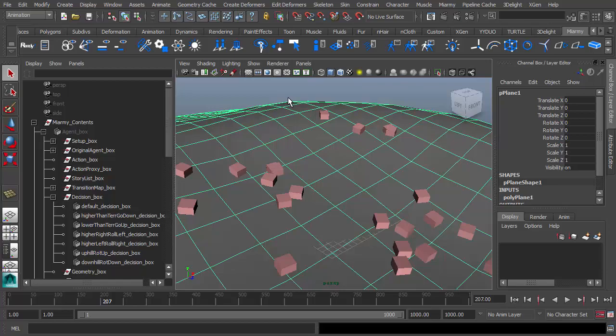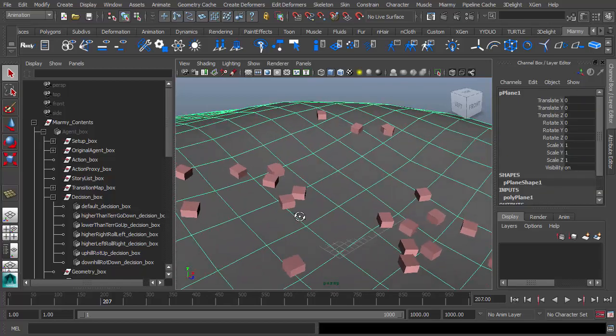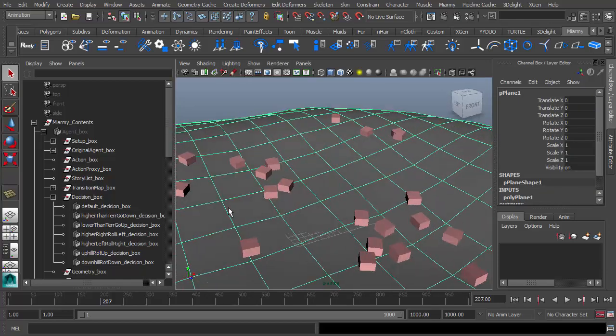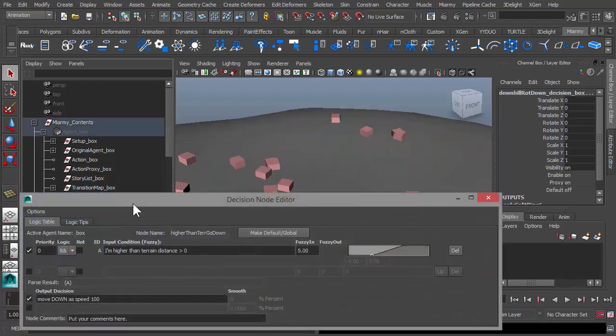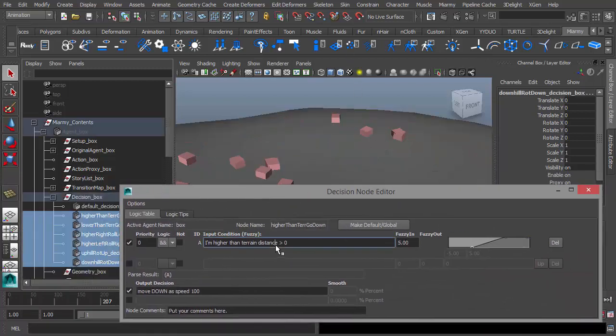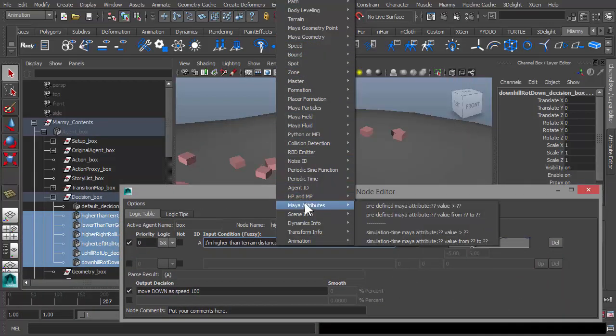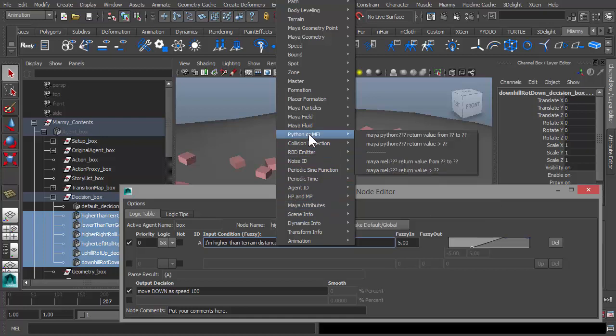So with this type of fuzzy logic setup, you can do anything in MyArmy. This is only working with the terrain, and of course you can work with a lot of other things. We are going to introduce them later in the following